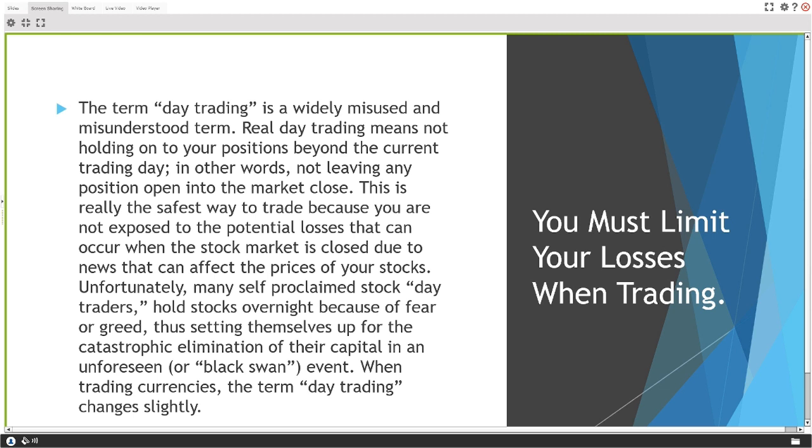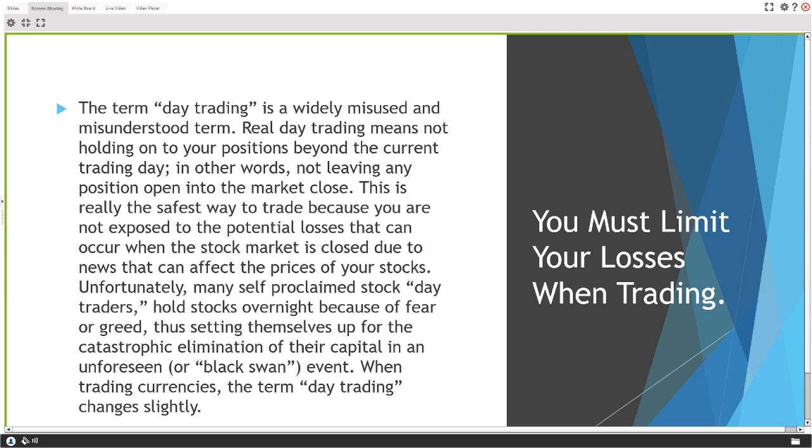So what we have right here, guys, is you must limit your losses. We don't want to become bag holders. We don't want to be a person that is holding overnight to try to make back losses. We don't want to be a person that's holding over a week to try to make back a loss. If you are down, limit it, cut it, get out. All right? So make sure you guys write that down. Make sure you guys are smart about it. Get a tattoo of it. When you're down on a play and it's not working out, you cut it quick, you rip off the Band-Aid, you get ready for your next trade.